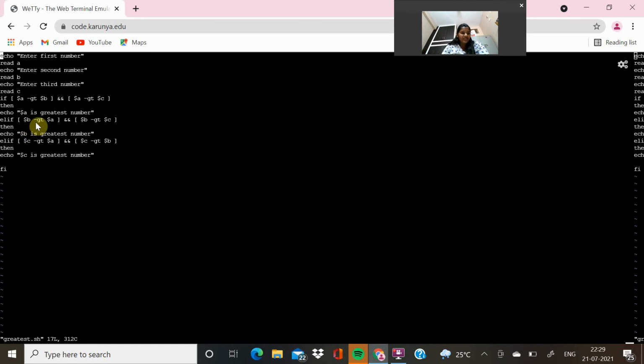If b is greater than a and b is greater than c, then it should print that b is the greater number. Else, if c is greater than a and c is greater than b, then it should print that c is the greater number.